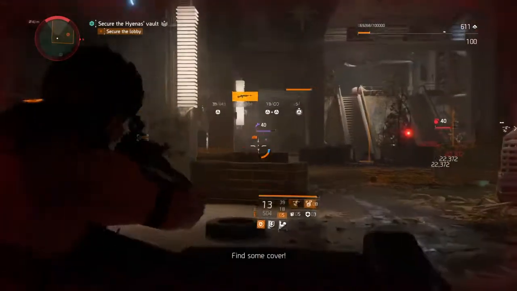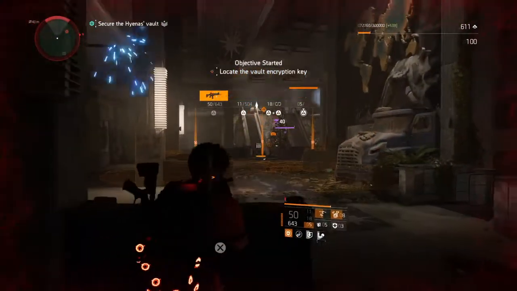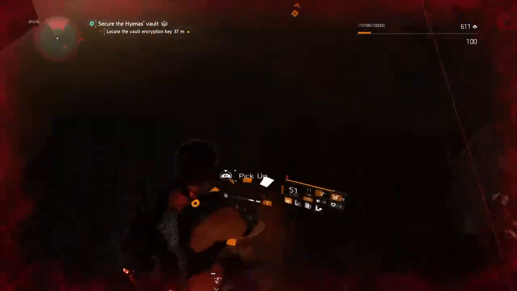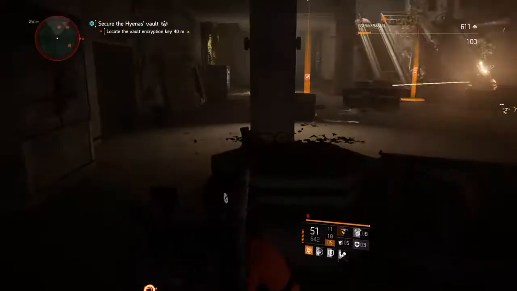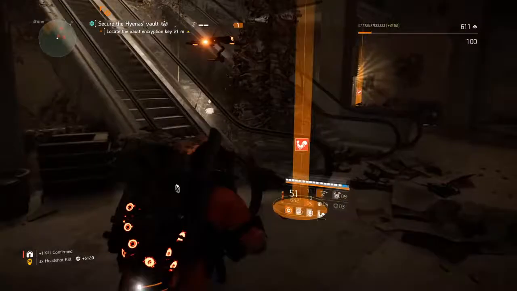In fact, I should actually switch to a ranged weapon. Alright, there we go. So the first thing I do is I have a Stinger Hive. So here you can see a Stinger Hive here. What it allows me to do is, Stinger Hive actually can cause some damage, and that helps me to